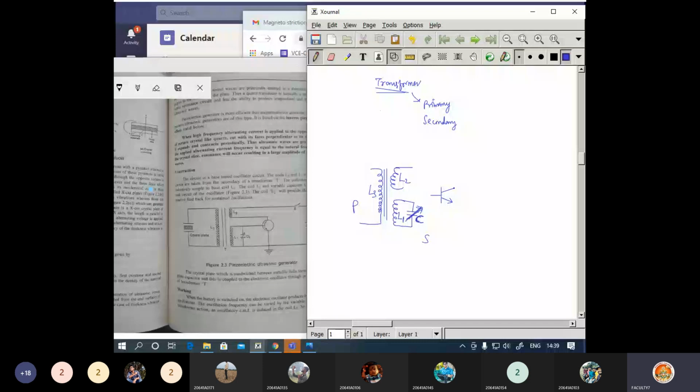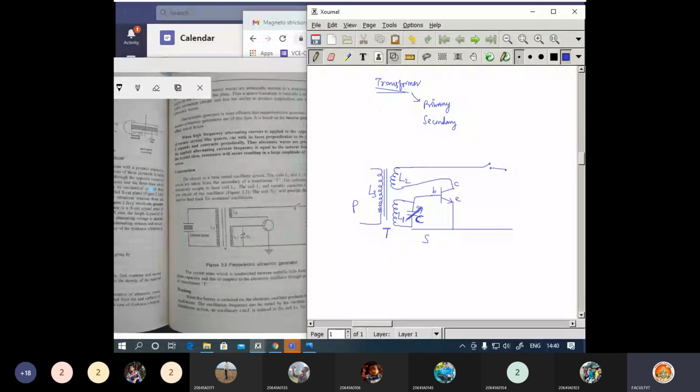Now here place the transistor. Identify the terminals here. This is the base, this is the collector, write a small c here, and this is the emitter. So this is a transistor, and capital T is a transformer here. Now you can form the circuit. This is connected to the base, and this is going to be connected to the collector. If you want, you can place a switch here to switch on and off.